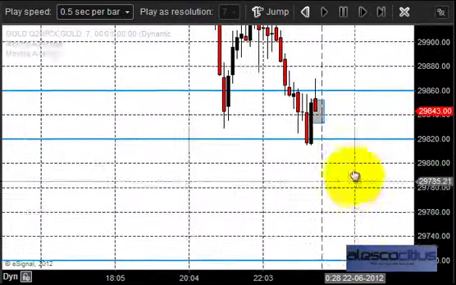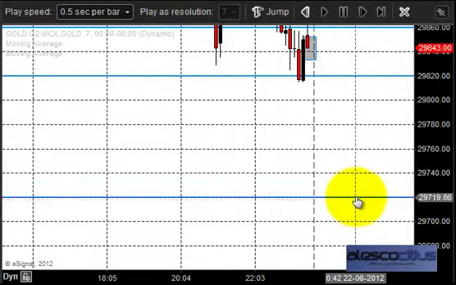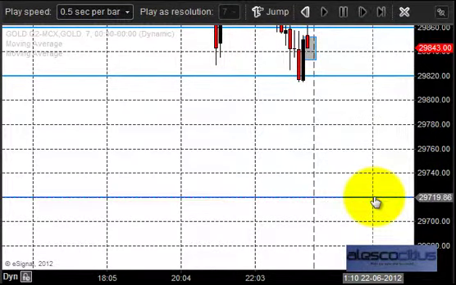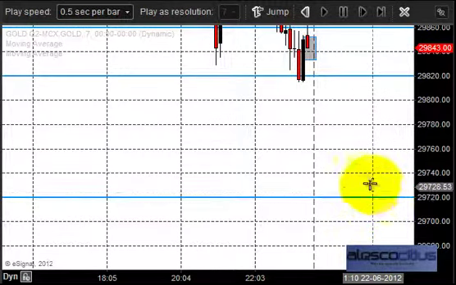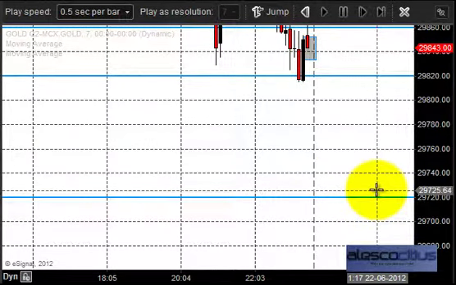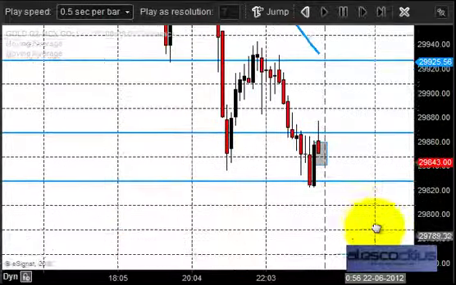The expected target is 29,720. You can face some strong support around 29,720. So please be strong on all the support and resistance. Let us see what's going to happen